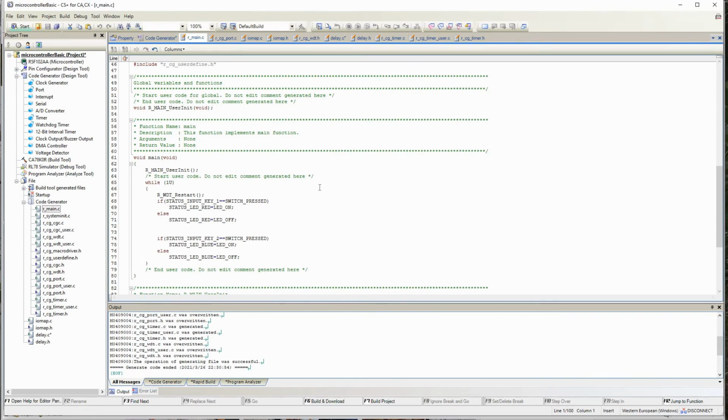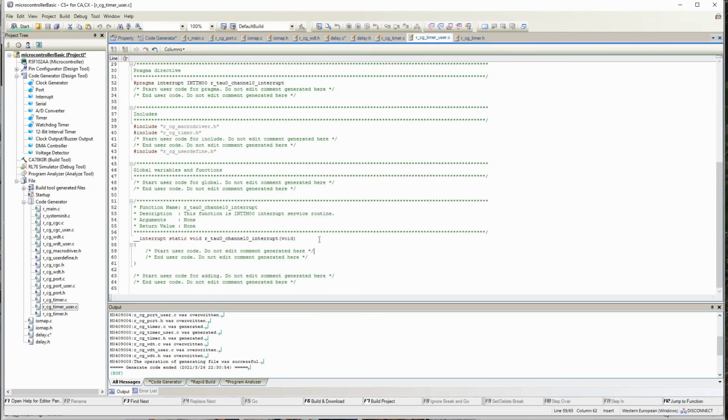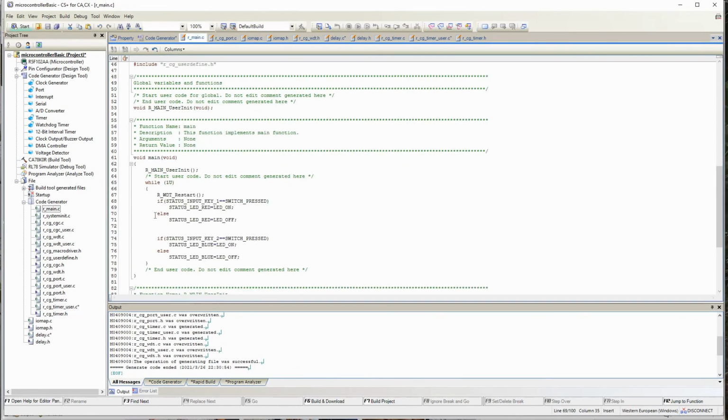It does not randomly jump into any other function unless it is called. But if there is an interrupt, let's assume it did LED on and then the interrupt came. Then the processor will automatically jump into this function, execute this, and come back and do this. So that is the difference with an interrupt. It will be automatically called by the processor. You don't have to call it.